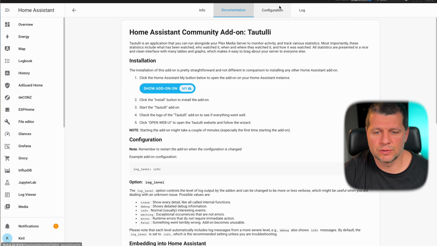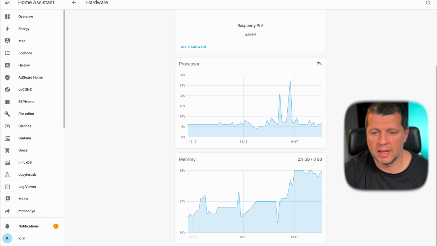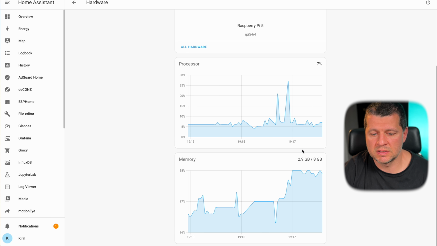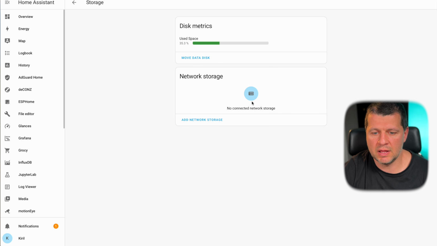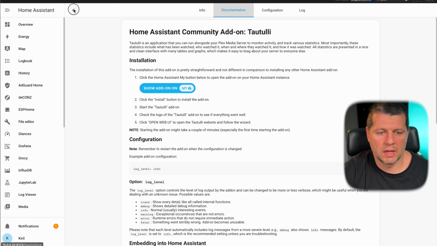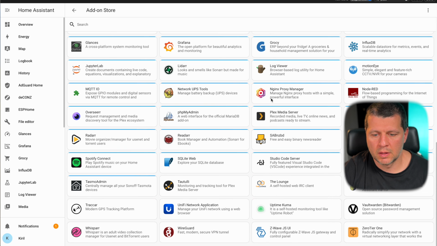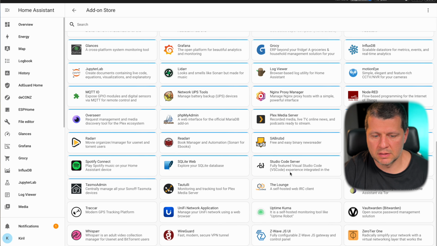It is started, so it should take some usage of my system. No, processor and CPU are in the same range. And what about the disk usage? 35.5, a bit up, but it is quite normal. And I'm moving to the next add-on, which is